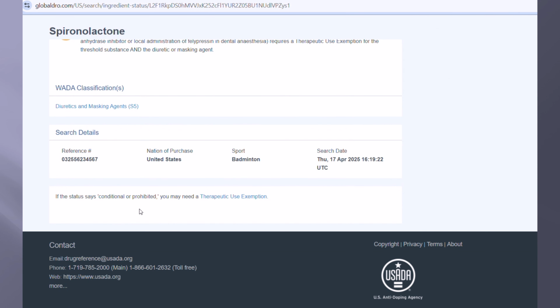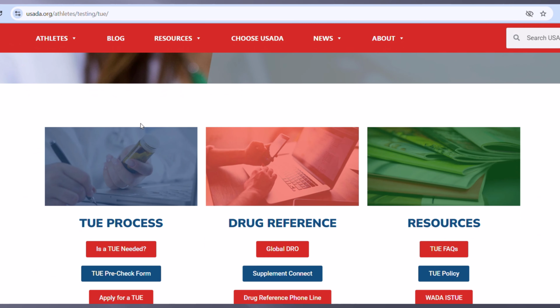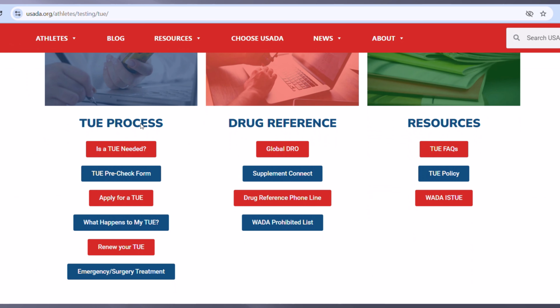If you scroll down to the bottom of the page, again, it's going to take you to the therapeutic use exemption link where we can help the athlete begin their application process. That TUE link at the bottom of the page is going to take you back to USADA's website, and we can scroll down here because not all of our athletes are going to be registered testing pool athletes or competitive athletes at this time, but we want to make sure if they are thinking of competing, what class of athlete do they fit into?